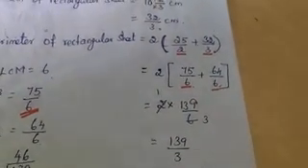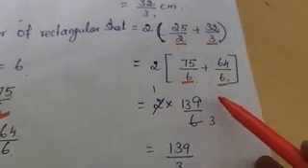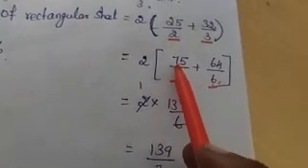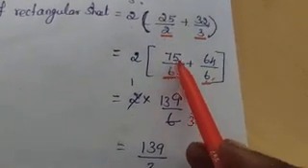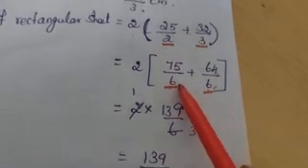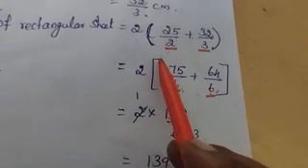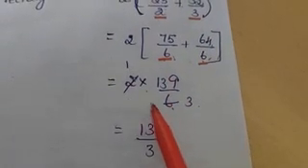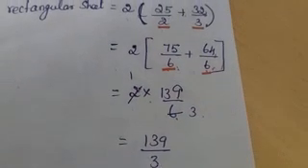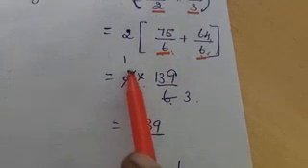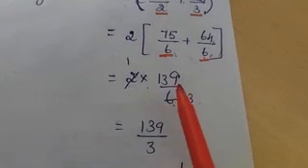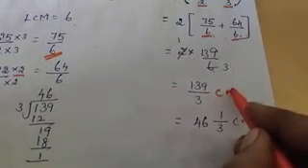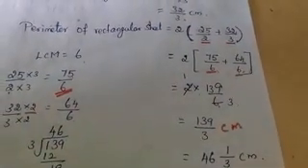Now the fractions are like ones. So from unlike, you converted to like ones. Now we can add the numerators because the denominators are same. So if you add the numerators, it is 139 because 75 plus 64 is 139 and the denominator is 6. And this bracket shows that it is multiplication. So 2 multiplied by 139 by 6. We can cancel diagonally, but you have to use the same table. Be careful. So 1 2s are 2 and 3 2s are 6. Now we got 139 by 3 as the answer. 139 by 3 centimeter is the perimeter of the rectangular sheet.